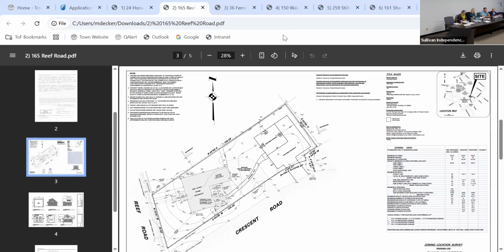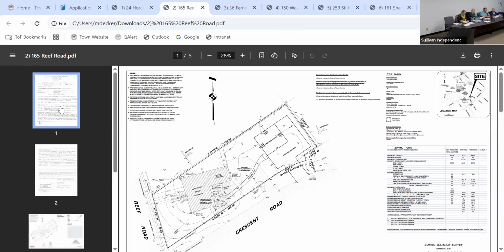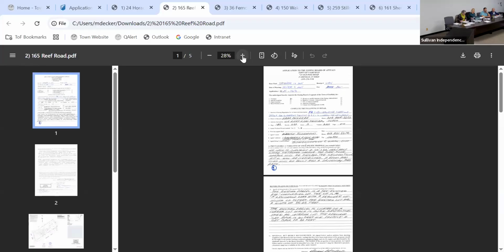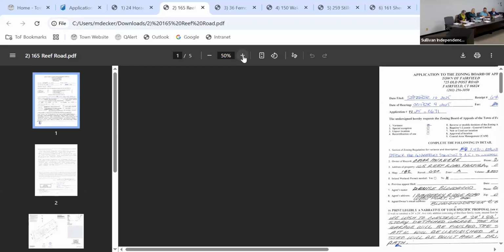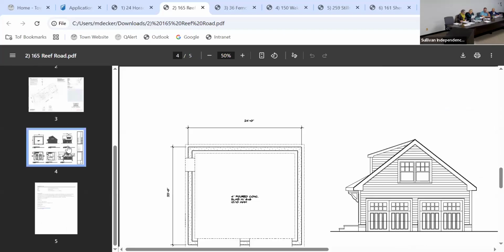I think it's a reasonable use of the space. I don't think it's going to be incredibly visible, but number two, I think the way that they're attacking it is the only way that the property really would allow them to. It's a pre-existing non-conforming lot, and it's a corner lot. And I think they had topography on this one too, didn't they? Or is that the next one? That's the next one.